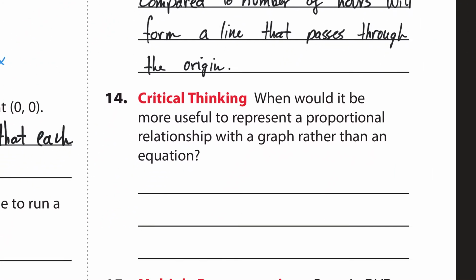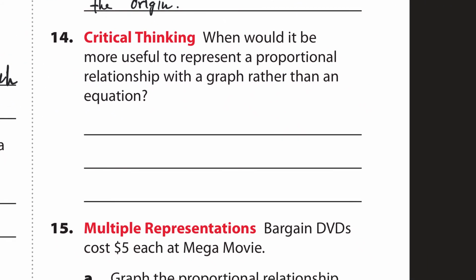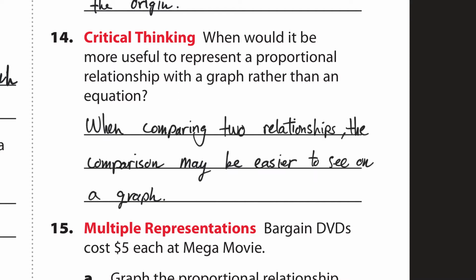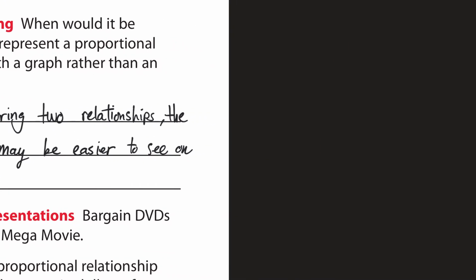Next, number 14. In critical thinking, when would it be more useful to represent a proportional relationship with a graph rather than an equation? So this is what I got. When comparing two relationships, the comparison may be easier to see on a graph. Although, I don't know, if you have something like